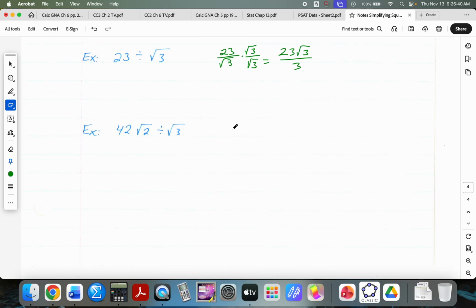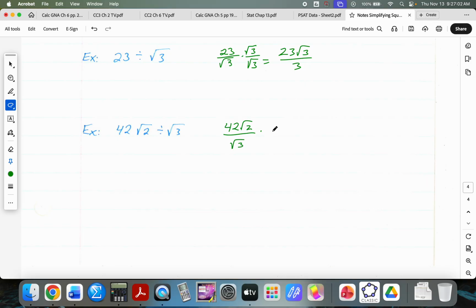All right, let's try this one. So we've got 42 square roots of 2 over the square root of 3. To rationalize this, we'll multiply by